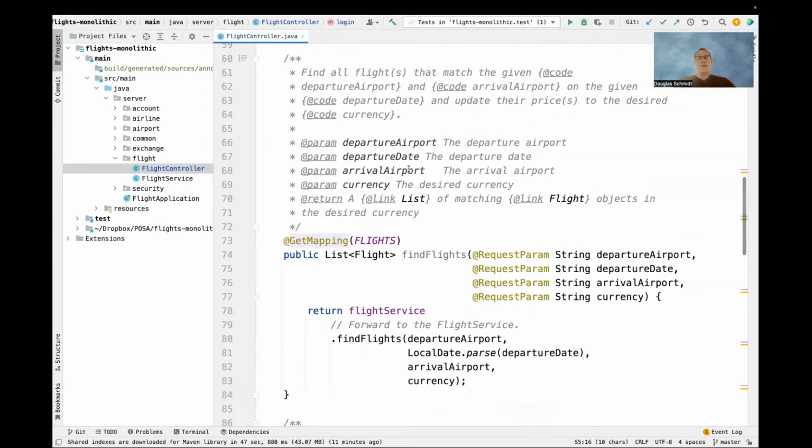But things get interesting down here. So this is the find flights method. You give it a string, which is the departure airport, a string that's the departure date, a string that's the arrival airport, and a string that's the currency, which is the desired currency you want to have the flight come back at. Do I want it in dollars? Do I want it in RMB? Do I want it in yen? Do I want it in euros? Do I want it in Swiss francs? Whatever. And those parameters, which come across in an HTTP GET request,